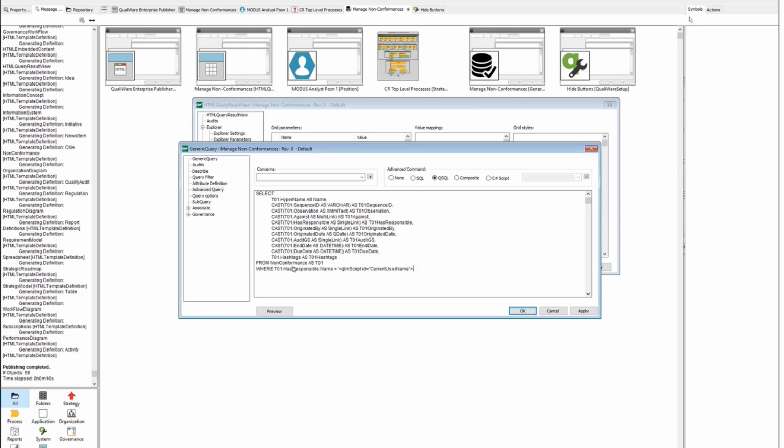And what this will do is it'll filter the list that we just looked at to where has responsible, which is the responsible attribute, is an object with my name. So this QLM script ID equals current username will output your name, right? So with this, we can filter by name, but what if, for example,